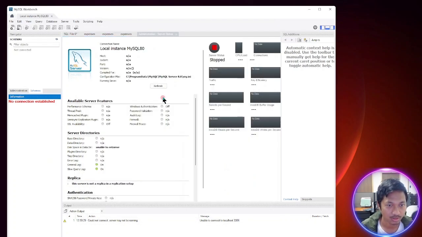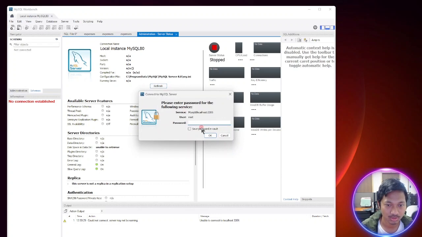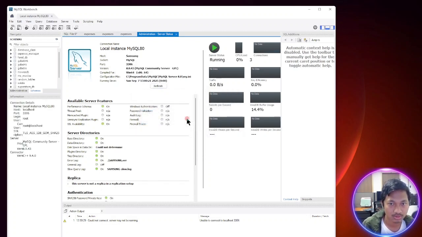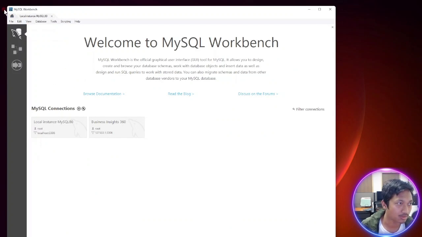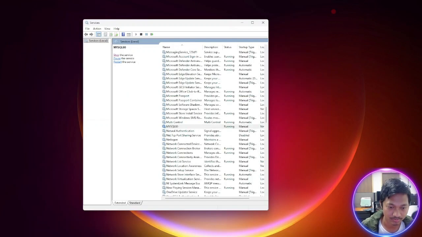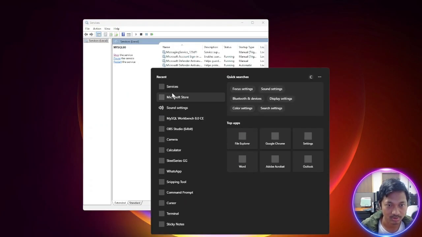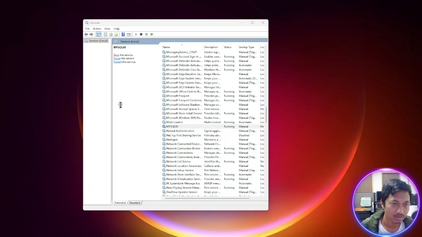So let me check what has happened. If I refresh, it is asking me my password. I mistyped it. Okay. So now the connection has established, right? So let me double check. Let me close this Workbench and reopen it. So if I connect,